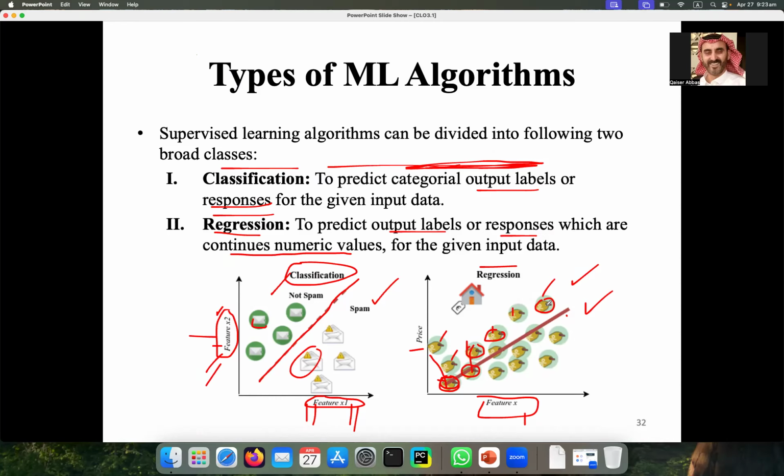So when your data is continuous, or when you want to predict something which is continuous, then this is not classification. Then it is called regression.